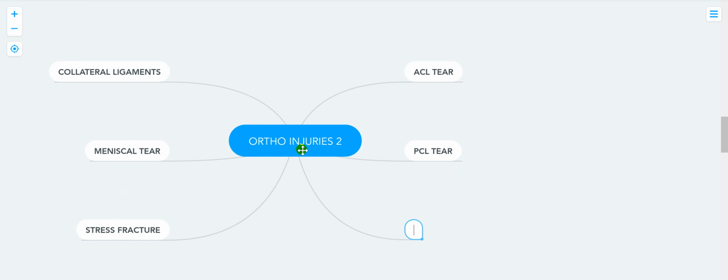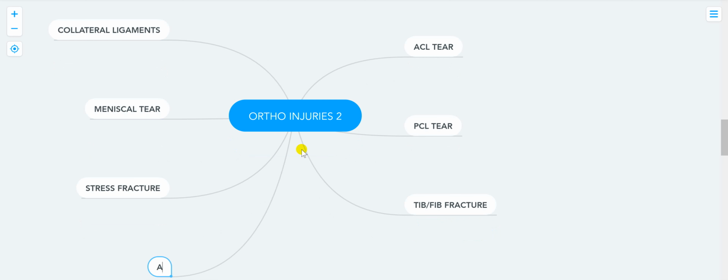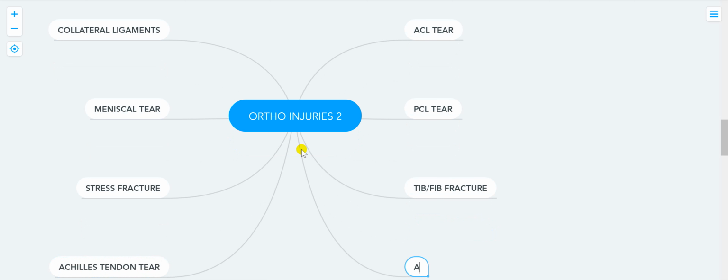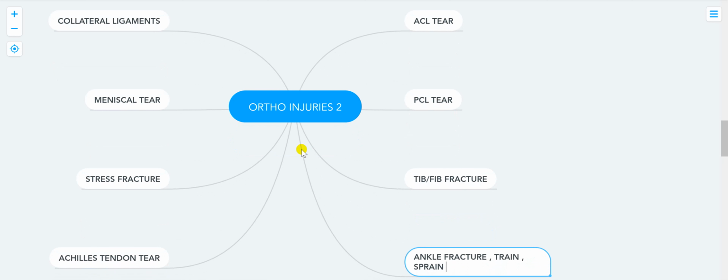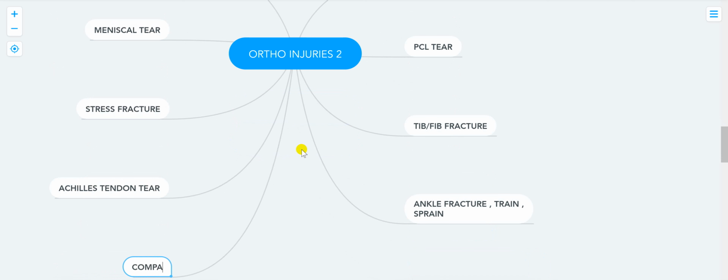talk about tibia fibular fracture, talk about Achilles tendon tear, talk about ankle fracture, strain or sprain. We're gonna talk about compartment syndrome. Okay,